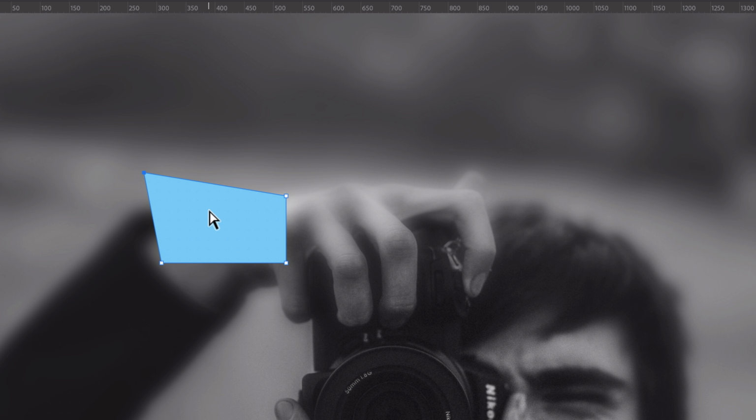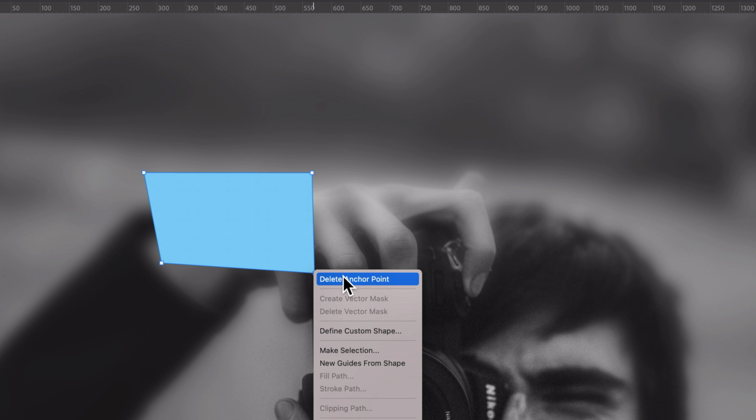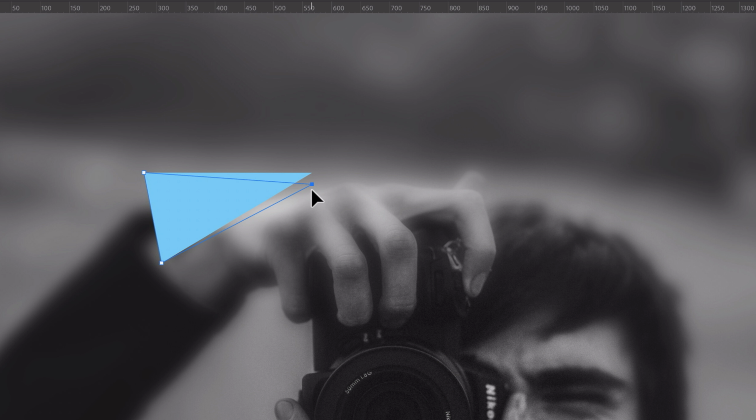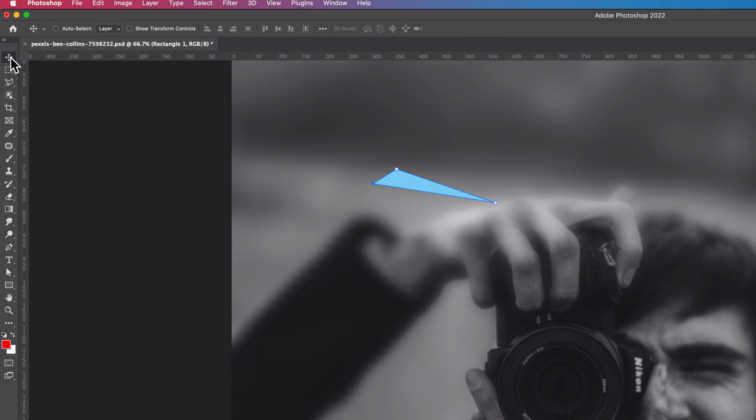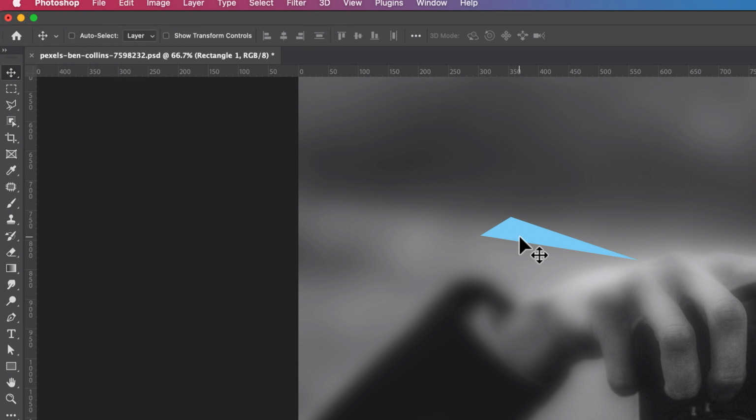We're going to click yes, and now we can move around these different points and control them as we want to. I want to turn this into a triangle, so I'm going to right click here and delete one of these anchor points, and this is how you can see we can get these kind of shattered glass style shards popping up. Now I'm going to jump back to the Move tool, and we're going to move this